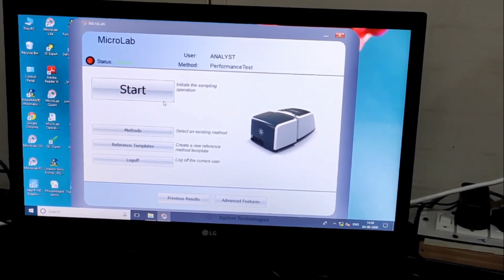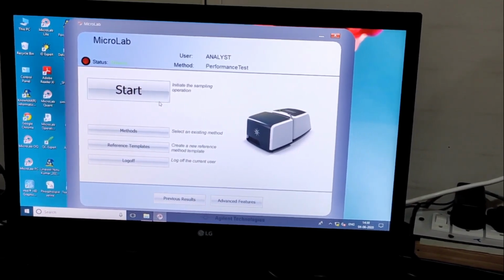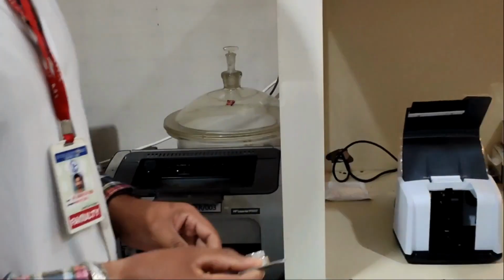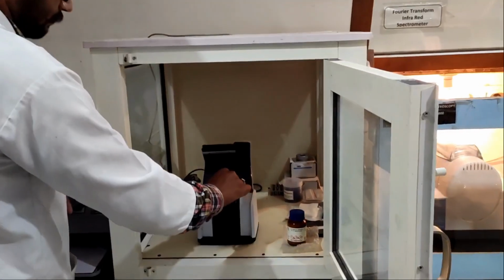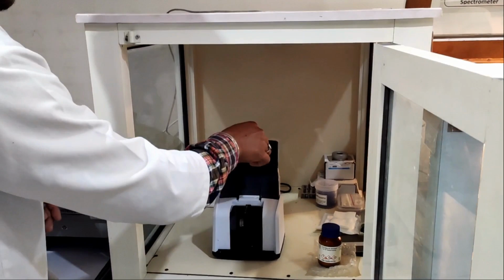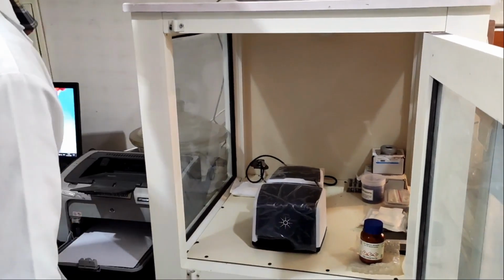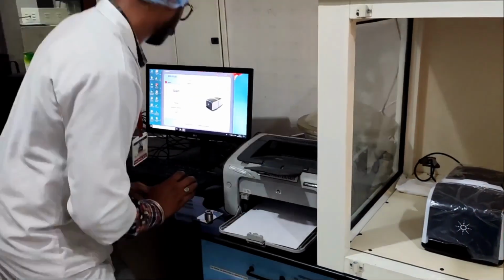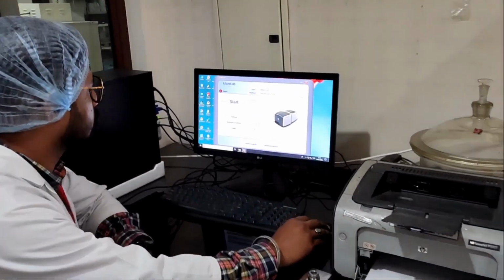First of all, we use the blank. We put this in the chamber of the instrument and close the chamber. From here we start the operation.